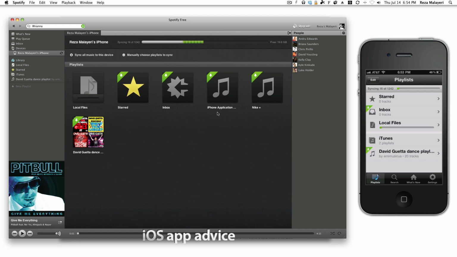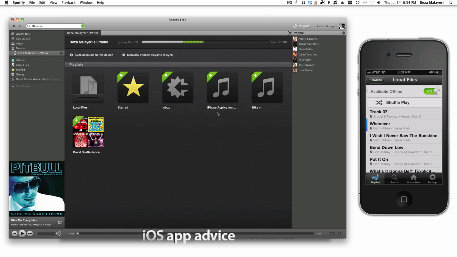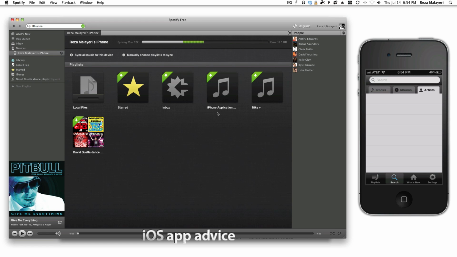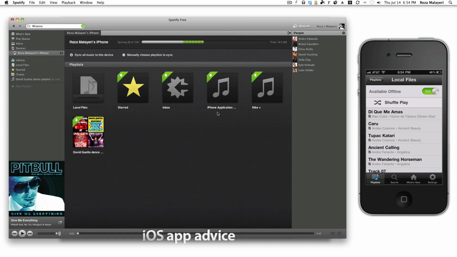So as you can see, it's trying to pull in my local files, and if I tap on it, you can see that it's available offline, and it's constantly pulling stuff in. So this is pretty darn cool, guys. Essentially, I'm doing wireless iTunes sync using Spotify. So if you're not on iOS 5, which I am not, this is iOS 4.3.3, I can go ahead and sync my iDevice wirelessly using Spotify. So that's a huge feature as well. Now we'll leave that and we'll let it continue to pull in my songs.